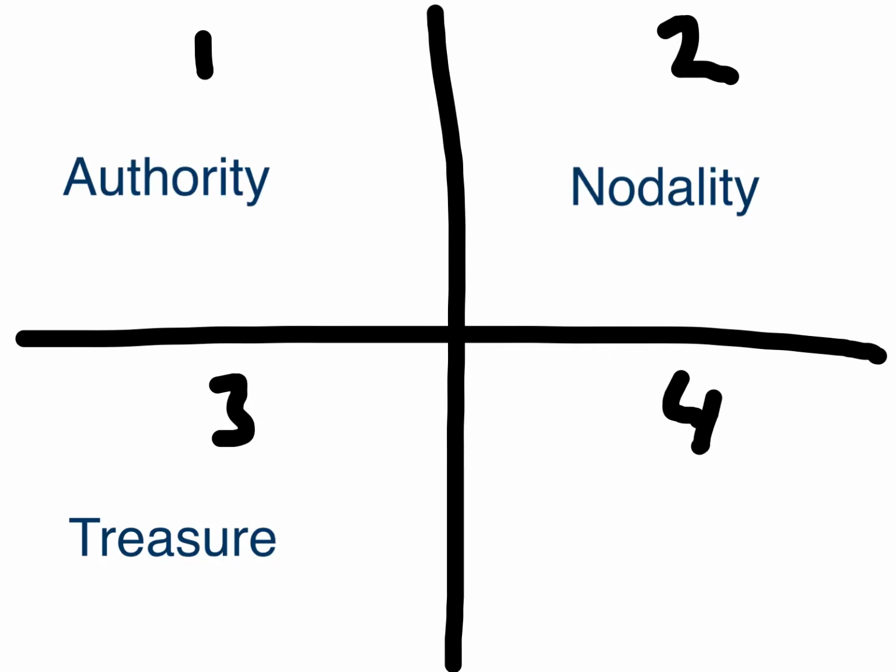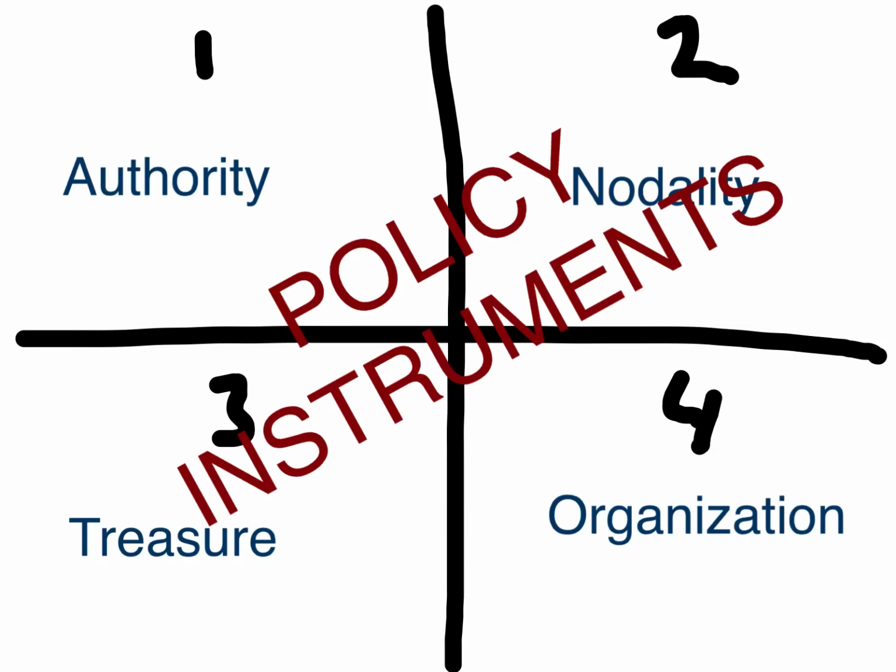And finally, there's the measure called organization. It's a type that does not really fit the example of the legal drinking age. This type of measure is about the direct provision of social goods and services. Classic examples are the military that provide national defense or the provision of public education. All in all, 4 types of measures to tackle social problems. Or in other words, 4 different instruments governments can use to achieve policy goals.